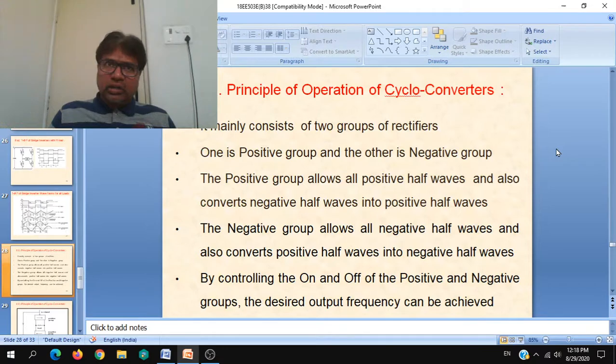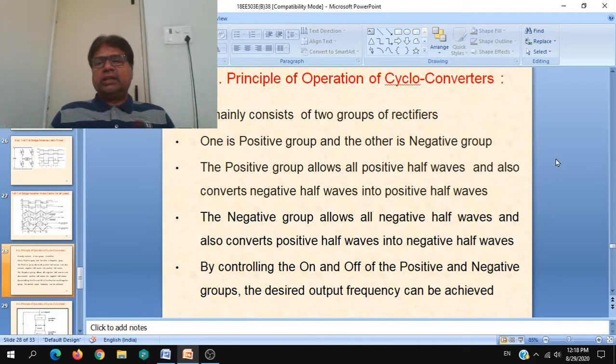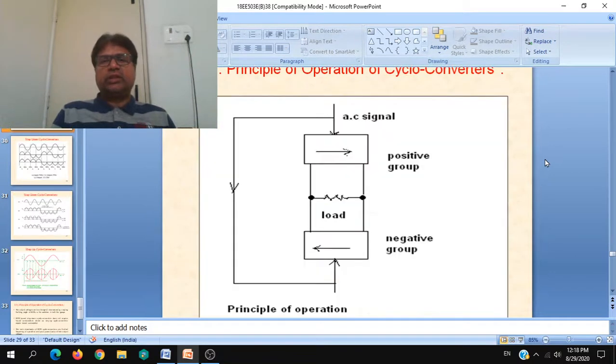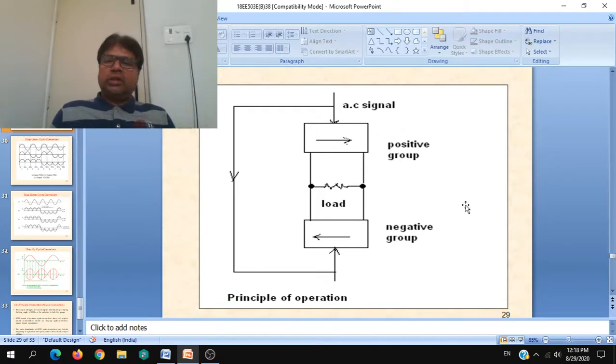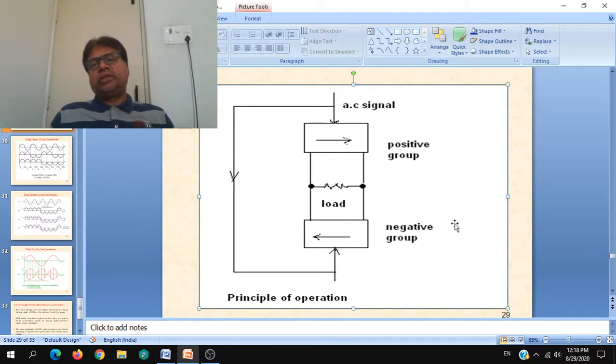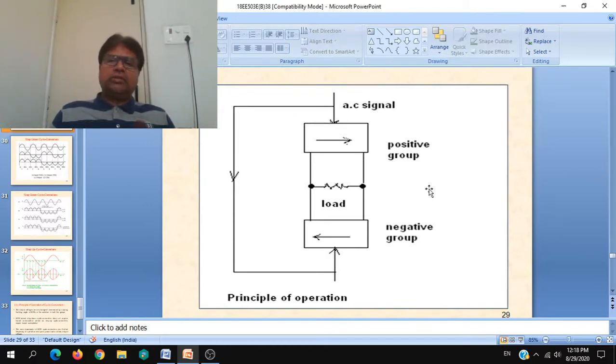by just allowing the full half cycle or also by controlling the firing angle of the respective SCRs. So the principle of operation can comprise any controllable device, but we will be discussing it with SCRs. We have discussed with SCRs only. To show it, you have to draw this block diagram simply, or you can also draw the circuit diagram comprising of SCRs, which we have discussed. Either of these will do, but you are asked to generalize it.